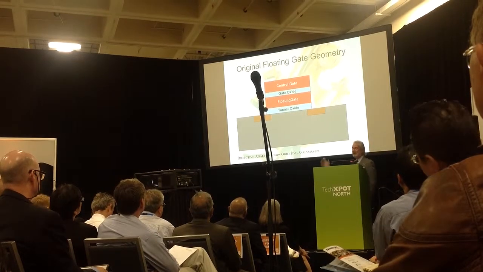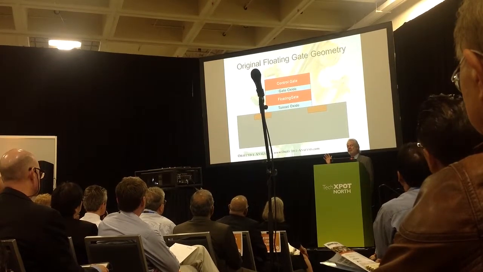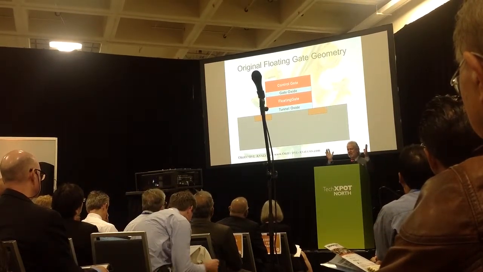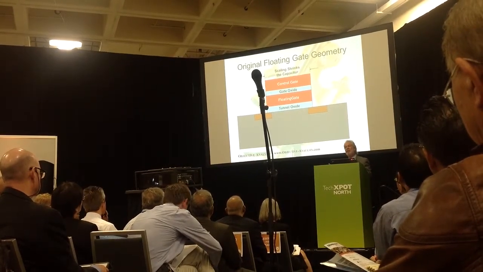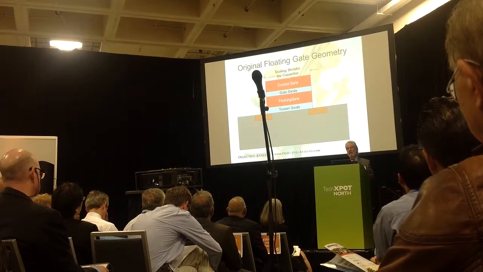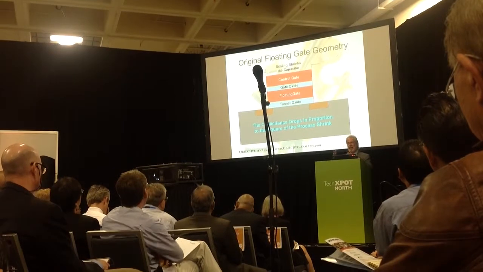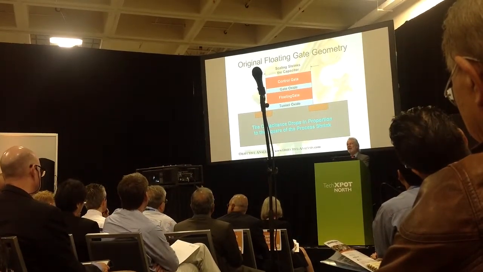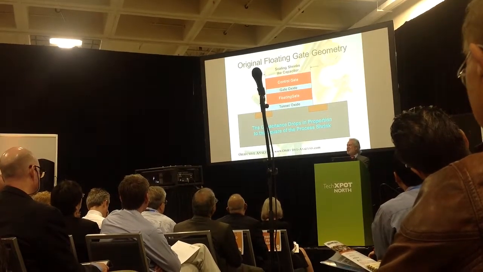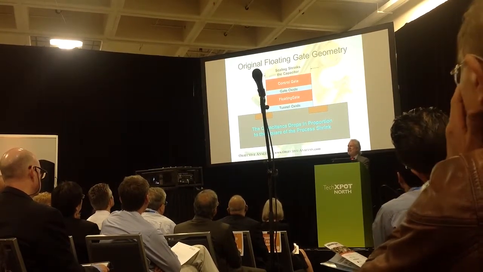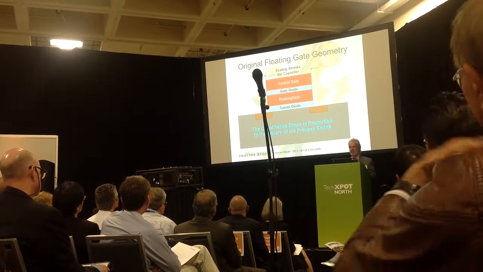Just to give you a little bit of an overview about where the problem came from, with the original floating gate geometry, you had this structure that could be scaled very easily this way. You would shrink the control gate, and the only problem with that was that the capacitor got smaller. The problem with making that capacitor smaller is that the plate area determines how many electrons go on there, and the plate area scales as a square of the lithography shrink. And so because of that, you're losing electrons at an accelerating rate over time.